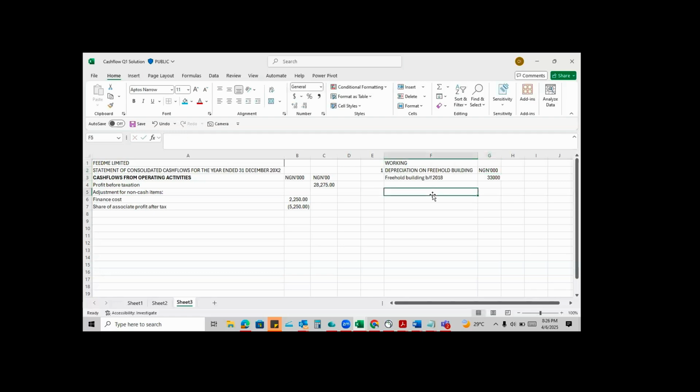If I had no acquisitions and no disposals, they are trying to make life easy for me. They are telling me there was no acquisition or disposal between 2018 and 2019, and the value had dropped to this. It could be one thing that led to the drop in the value, and that's depreciation. So this would be depreciation on